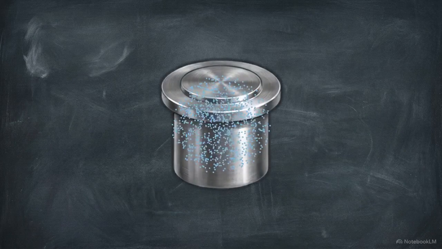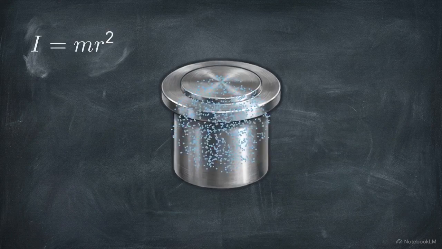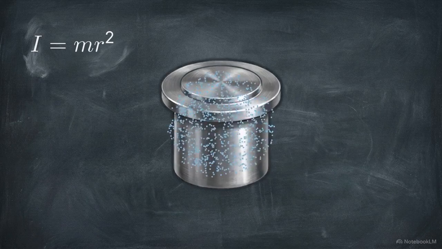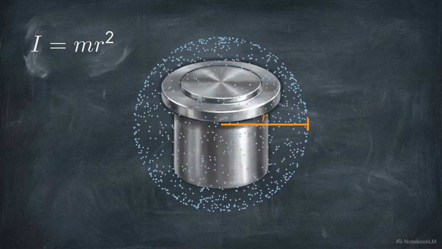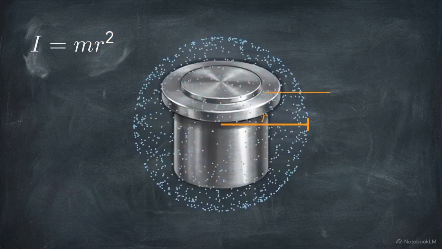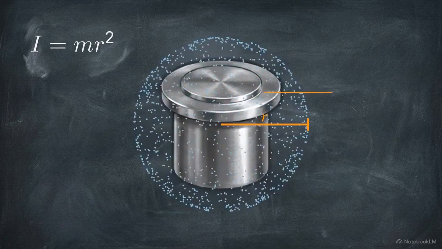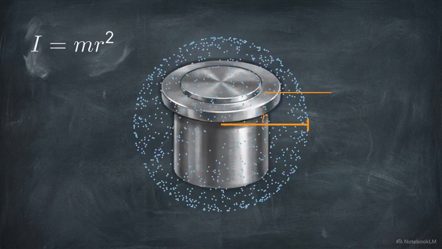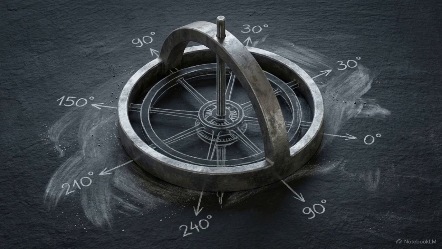This 3D model visualizes a solid sphere made of 1,000 equal subunits of mass. Its moment of inertia is the average of all their individual distances from the central axis. If we rearrange those exact same 1,000 subunits into a hollow shell, the total mass remains perfectly identical, but the average radius has drastically increased. Because that distance is squared, this hollow sphere now has a massively larger moment of inertia. It requires significantly more torque to stop. Engineers apply this exact geometric principle to stabilize machinery. Gyroscopes and flywheels are built with extremely heavy outer rims and completely hollow interiors to maximize this resistance.